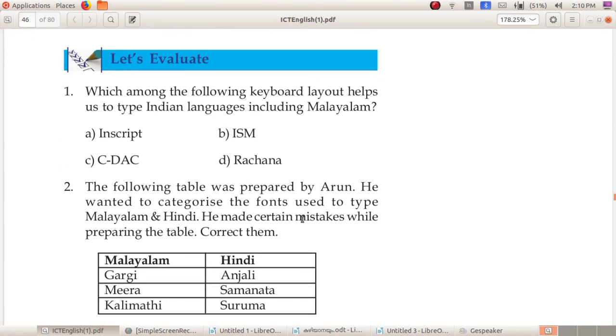Let us evaluate which among the following keyboard layouts helps us to type Indian languages including Malayalam.